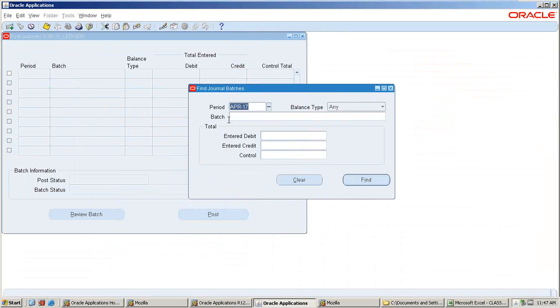If you have the journals which are not posted, then you can select them. In April, if you have 100 journals that need to be posted, click on find, and all the journals will be displayed here. It's a check button, so you can check them all. Just click on check, and then click on post. It's a one-time action, and all the journals will be posted